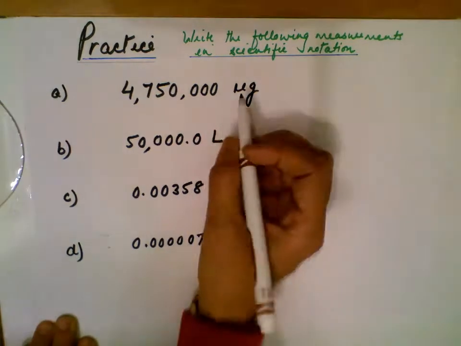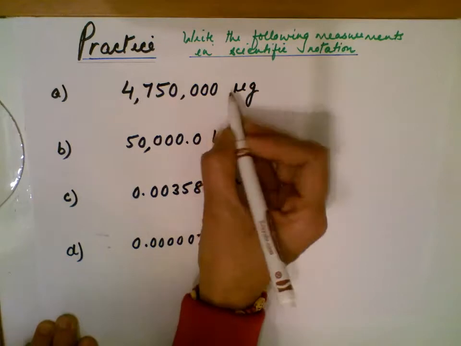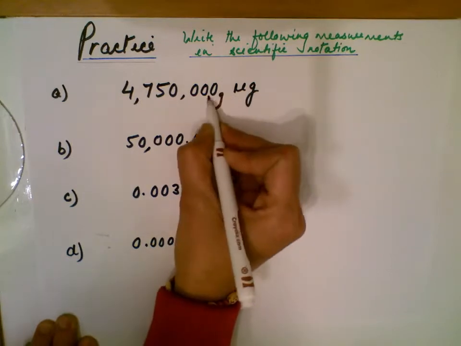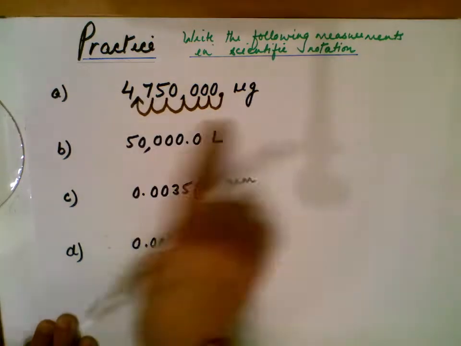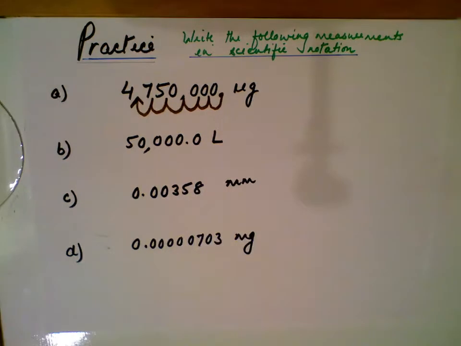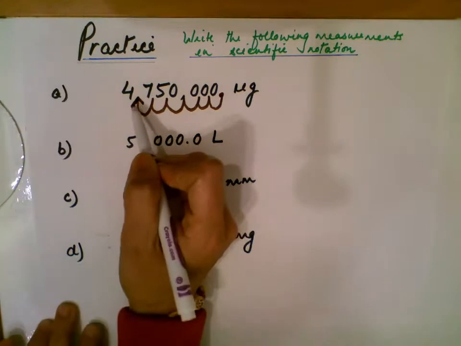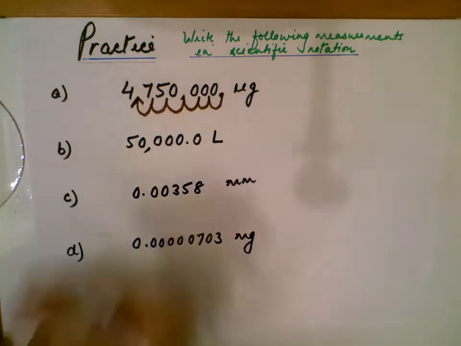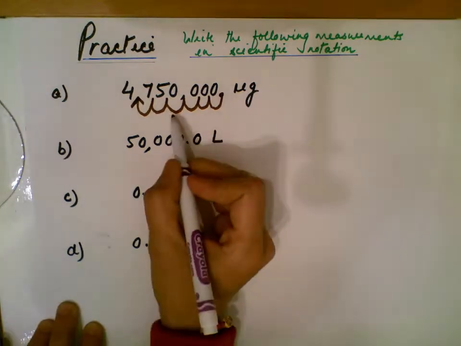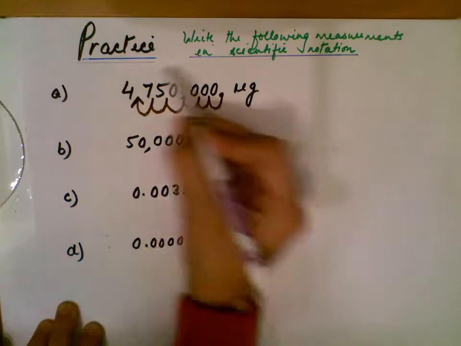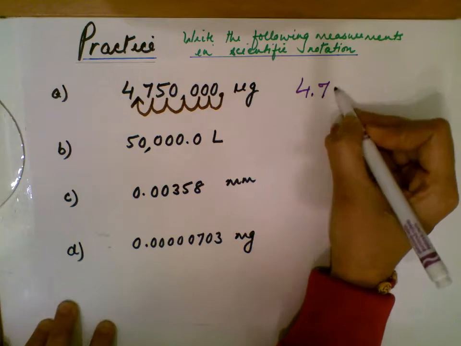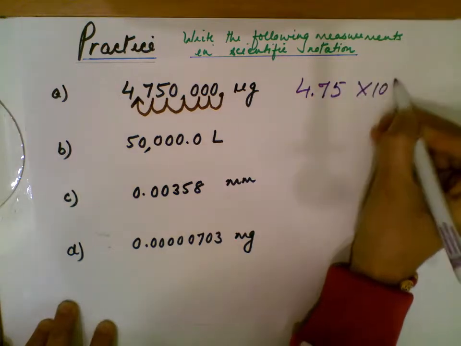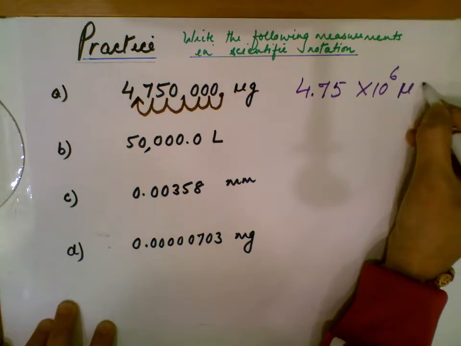Alright guys, so here we're going to assume that we have a decimal here. 1, 2, 3, 4, 5 and then 6 places. Again, how did I figure out that I have to move 6 places? Because I want to make sure I have only one digit left on the left of the decimal. So I'm moving to the left. When you move to the left, the exponent will be positive, and also in general, this number is greater than 1, so the exponent will be positive. So you're going to get 4.75 times 10 to the power 6 since you moved 6 places, and micrograms.